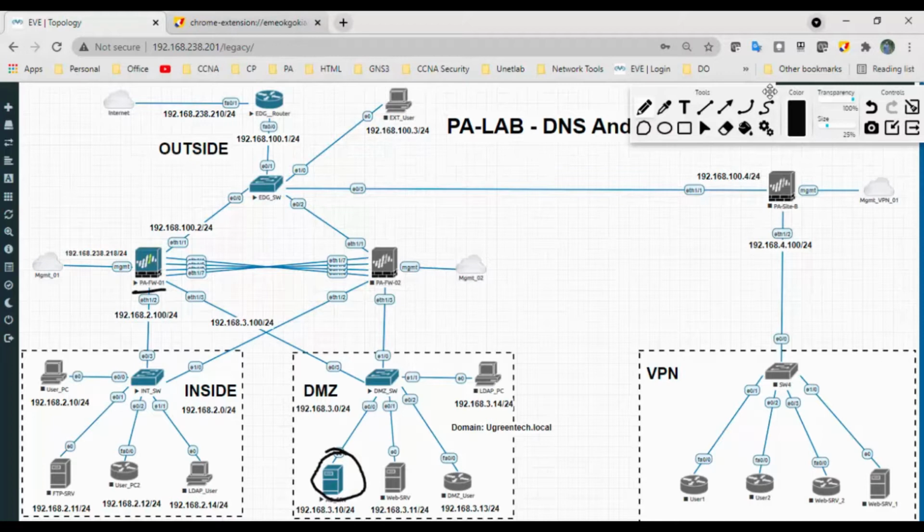DNS stands for domain name system or domain name server. It contains a large database which resides in various computers. The best example for DNS is your phone book. It's kind of a phone book of the internet, and it contains the names and IP addresses of hosts on the internet and various domains.